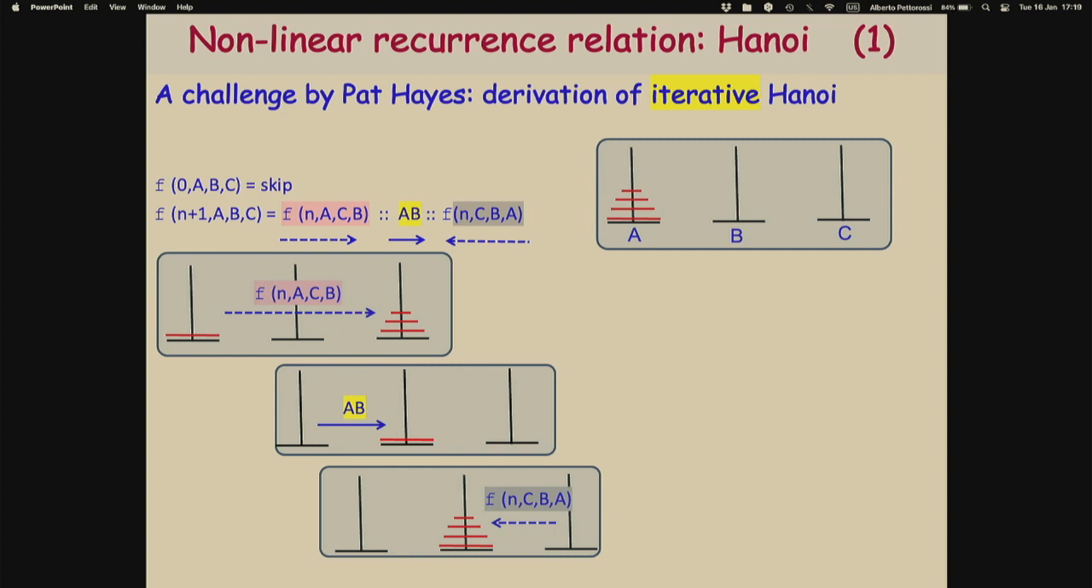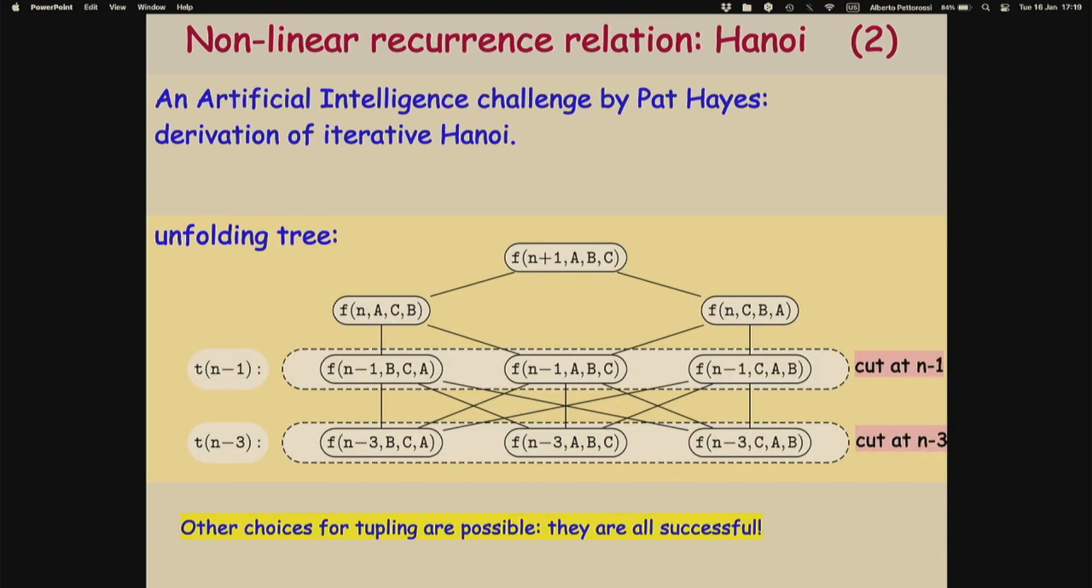You know, I have the number of disks and the pegs and the order. You see, I change the order. A, B, C becomes B, A, C, and B, C, A. So you have this change of the order, and so you have basically a tower of breadth 3 function calls,